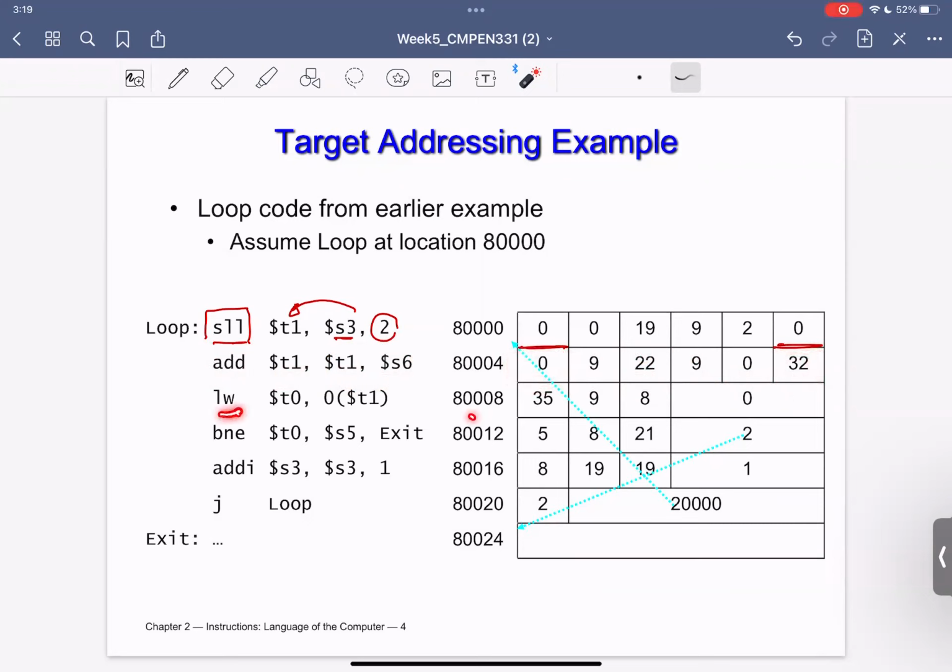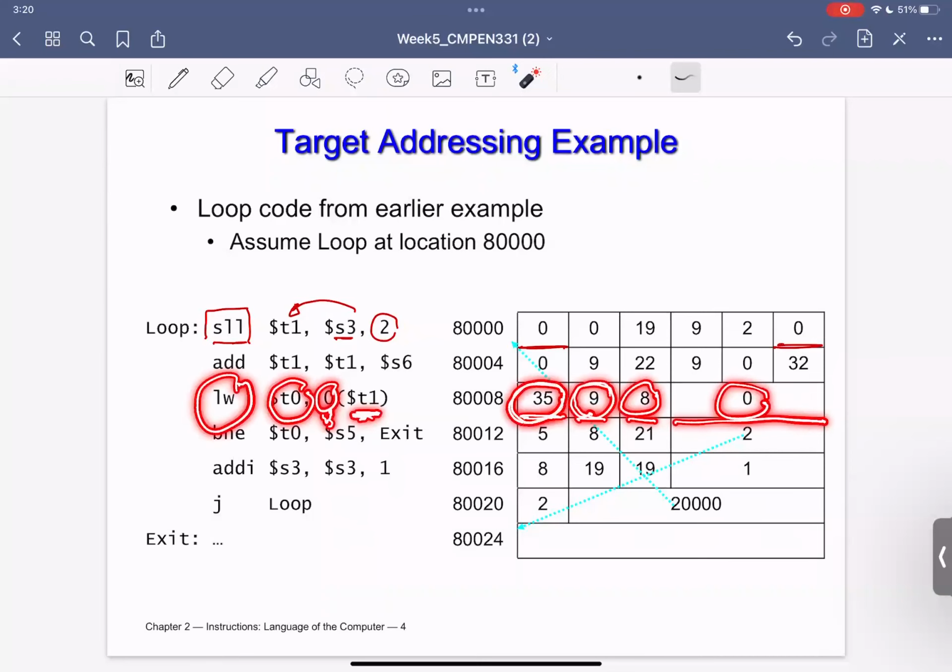Load word is an I format. As you can see from here with this I format: opcode, RS, RT, and then a certain particular shift. This shift here is 0. That's exactly what I have here, the 0. T1, I look at the table, I will find that T1 is basically 9. So I have here the 9. T0 is the 8. I have here the 8. Load word, when I look at the table, I will find that it is 35. So I will allocate here 35.